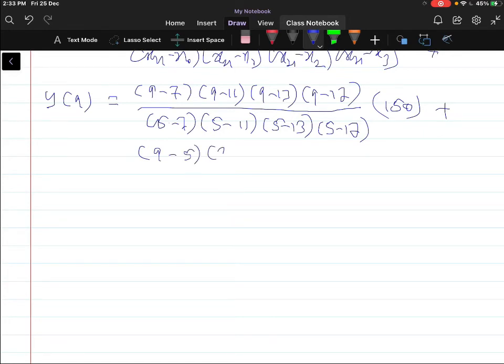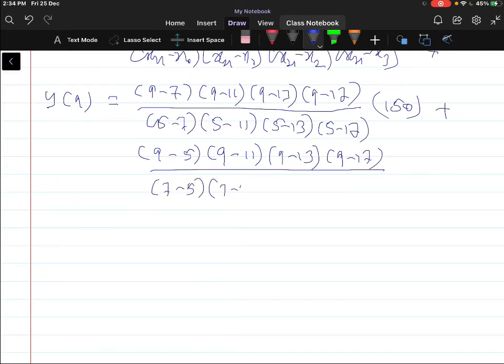You have to subtract from the point 9 here, where x is 9: 9 minus 5, 9 minus 11, 9 minus 13, 9 minus 17 divided by, subtracting from the point 7 here, that is 7 minus 5, 7 minus 11, then 7 minus 13 into 7 minus 17 into y1, where y1 is equal to 392,